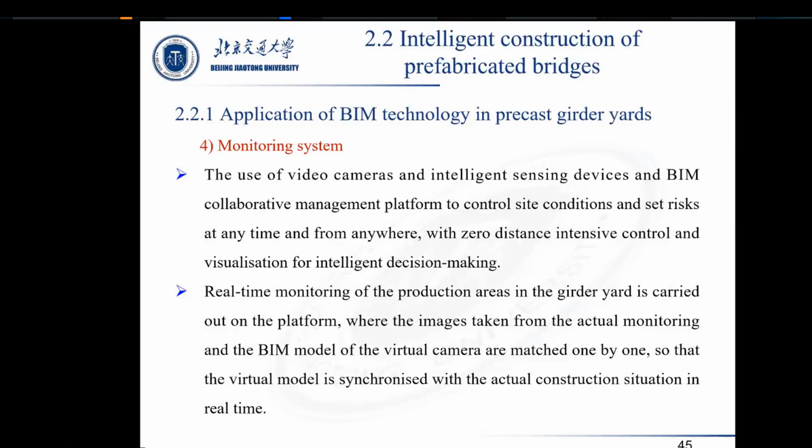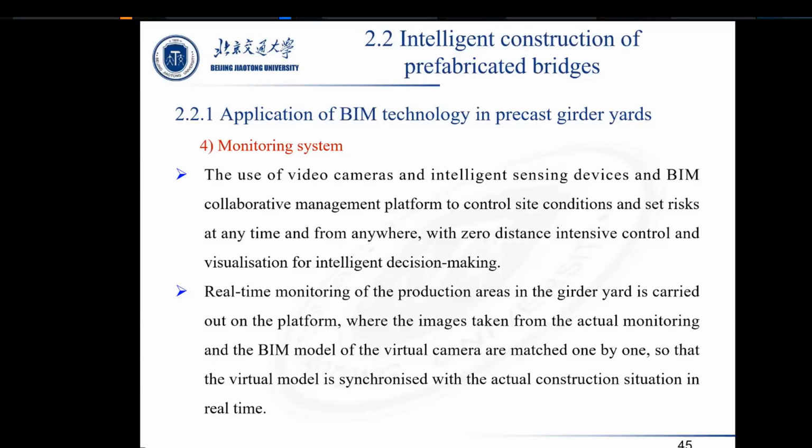It uses video cameras and intelligent sensing devices deployed in the beam yard area so as to control the site situation and identify risk at any time and from anywhere. With zero distance intensive control and visual intelligent decision making at the same time, the monitor system allows real-time monitoring